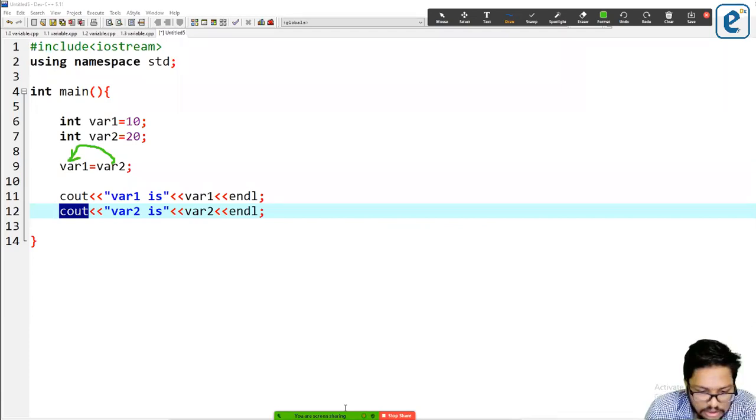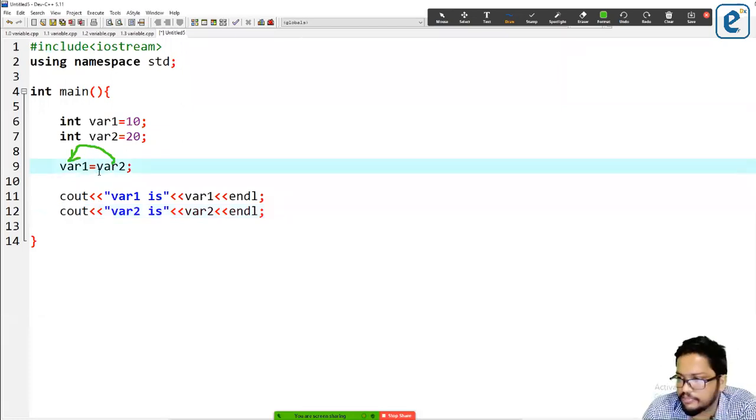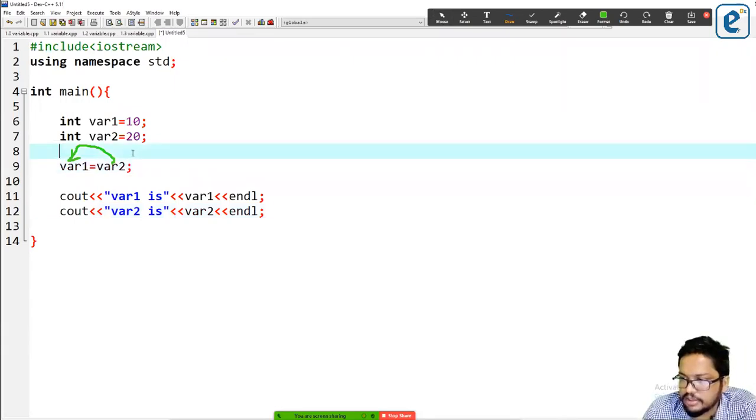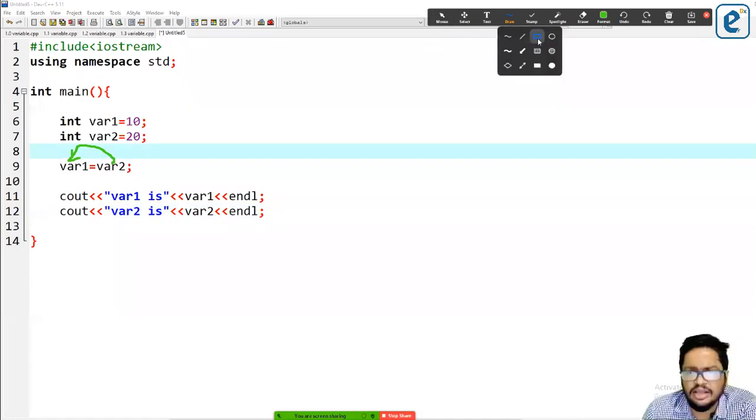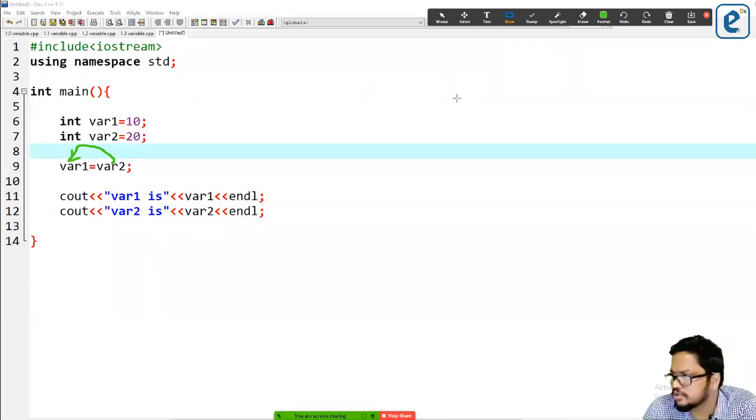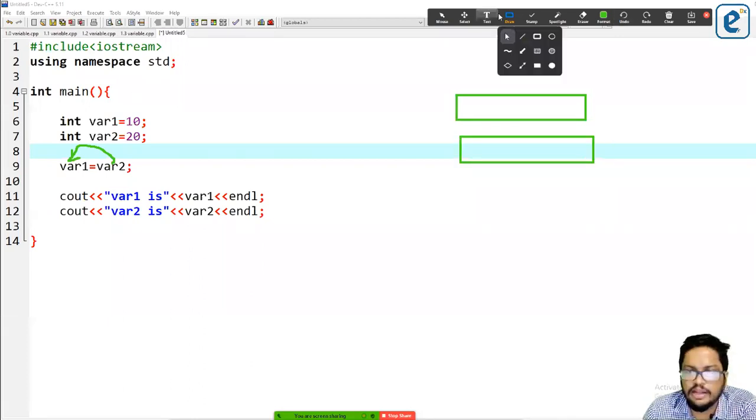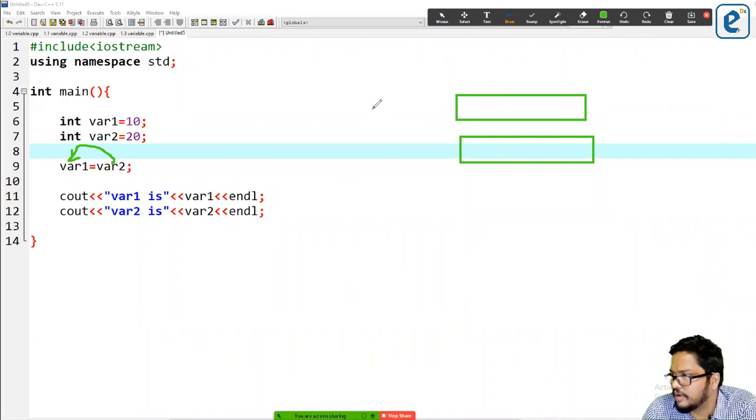Not an answer. Okay. Always, if you are going to make something equal like this, what's going to happen? The right side will be assigned to the left side. Two variables will be created, variable 1 and variable 2.